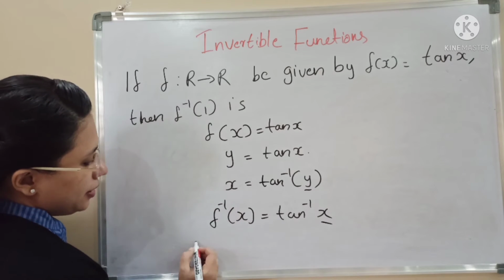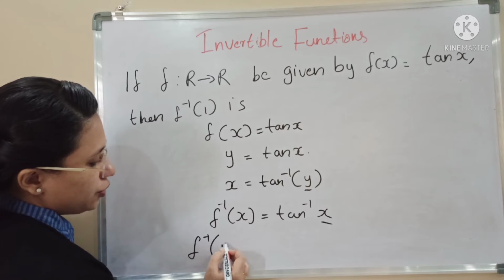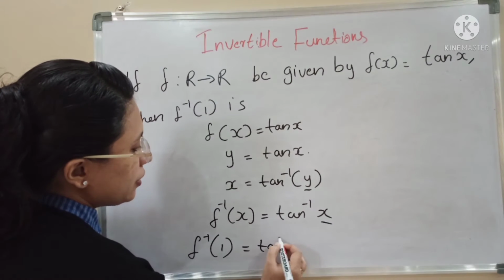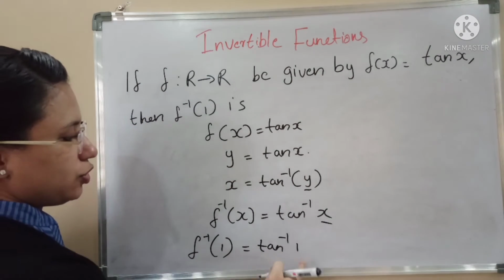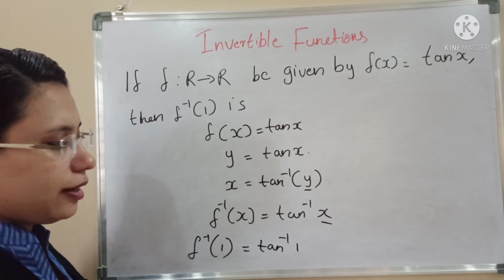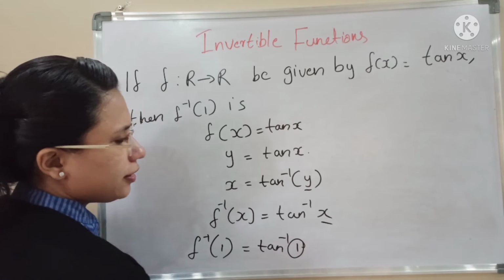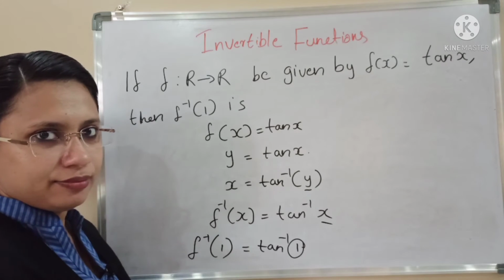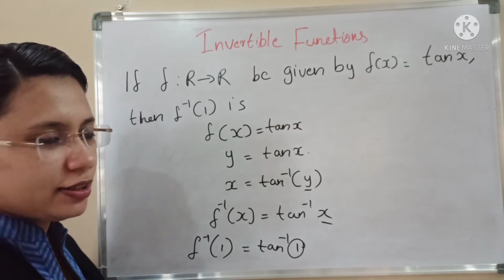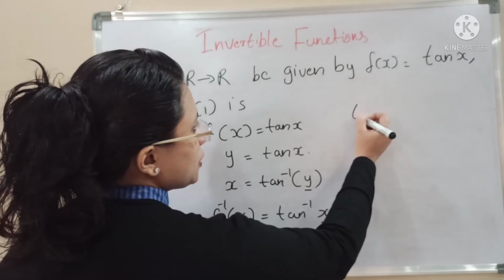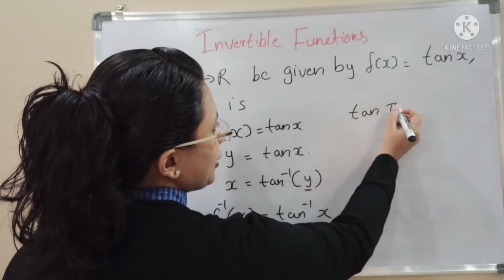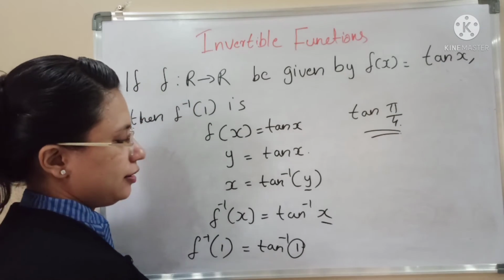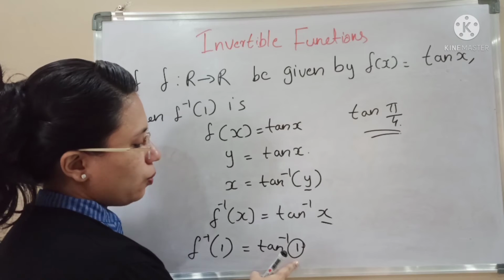Our next step is to find out f inverse of 1. That is, replace x with 1, tan inverse of 1. Okay, so what value of tan will give us 1? So there is a chart, right? So tan pi by 4 value is 1. So we can replace 1 with